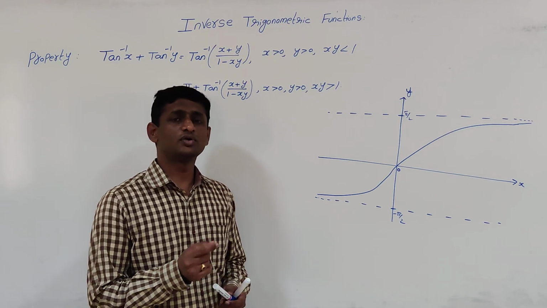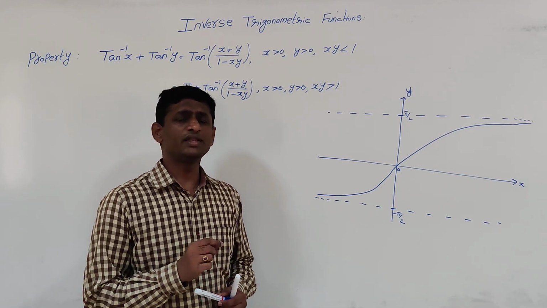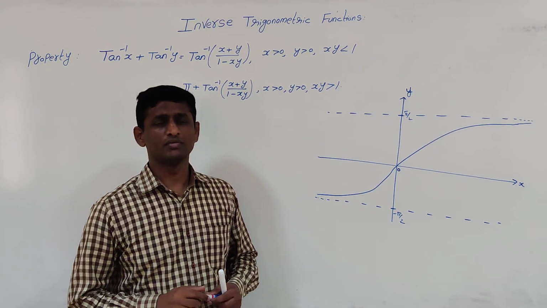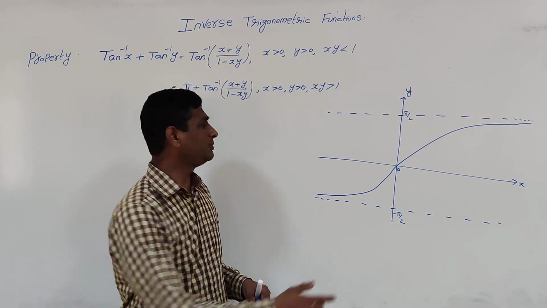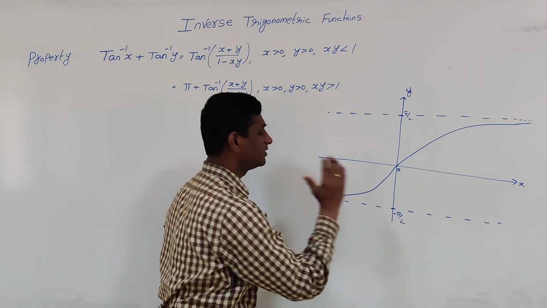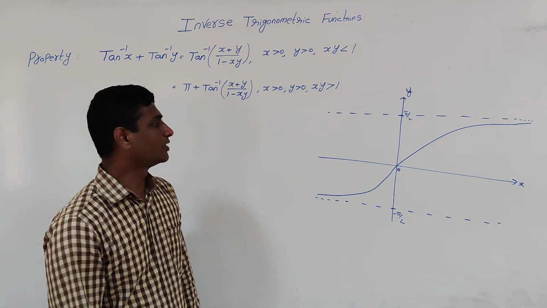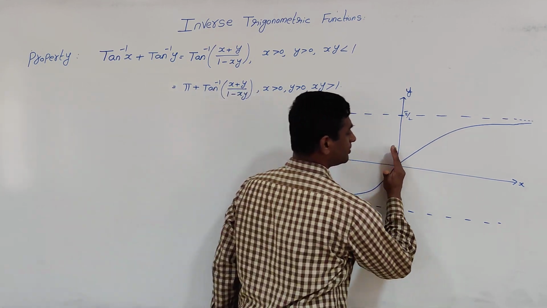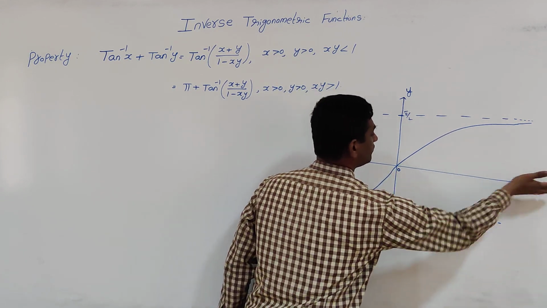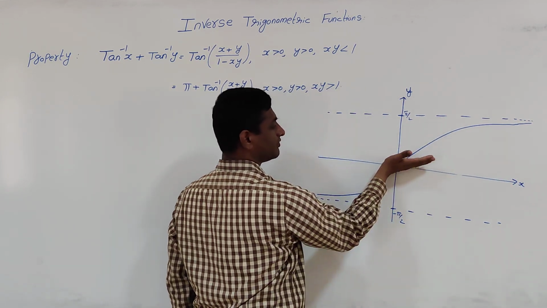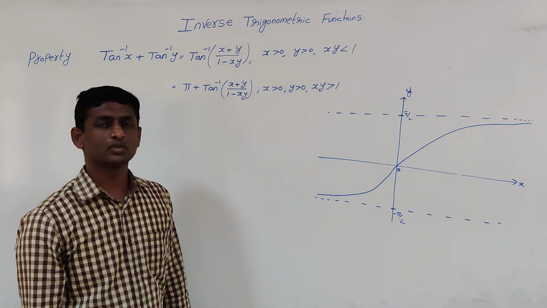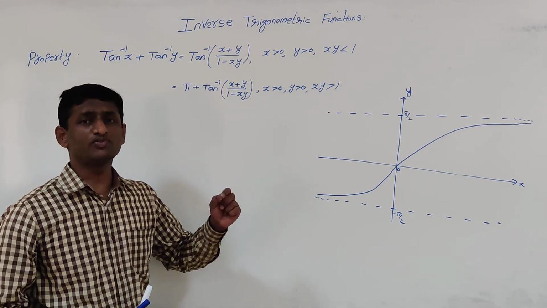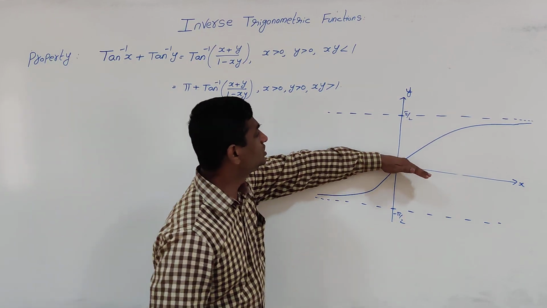As we have discussed about tan inverse of x, the domain is R and the range is the open interval minus pi by 2 comma pi by 2. Means the set of input values will be on the x axis and outputs will be on the y axis. Now, if x is greater than 0, means it is a positive real number, then if we give any value between 0 to infinity, the values will be between 0 to pi by 2. Means if x is a positive real number, then tan inverse of x lies between 0 to pi by 2.